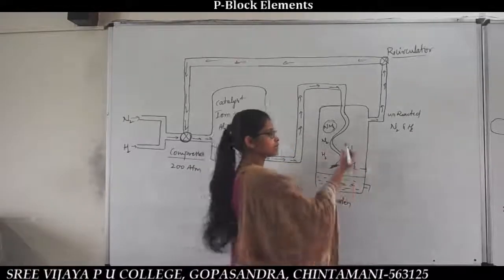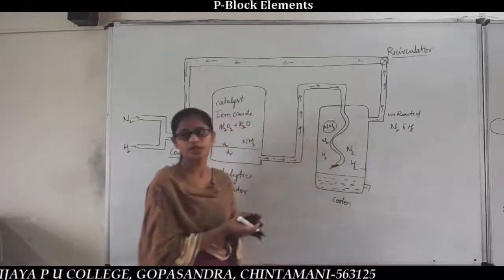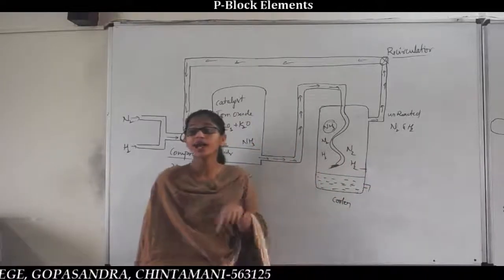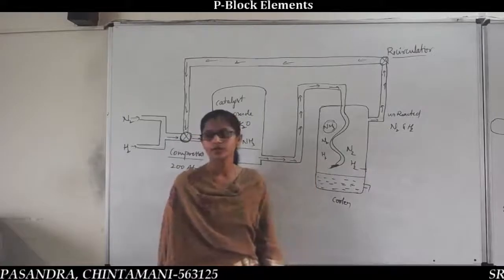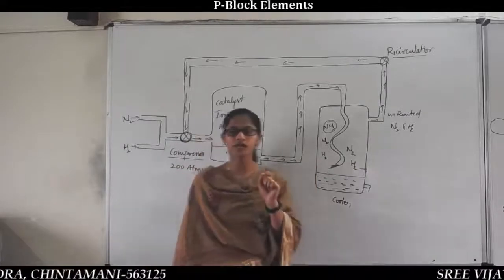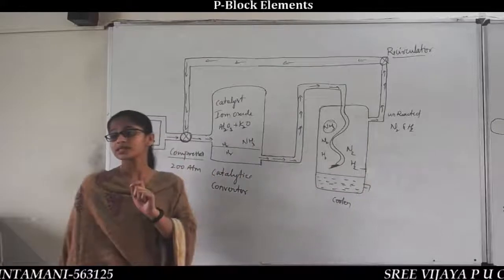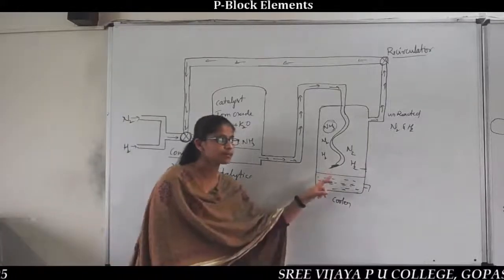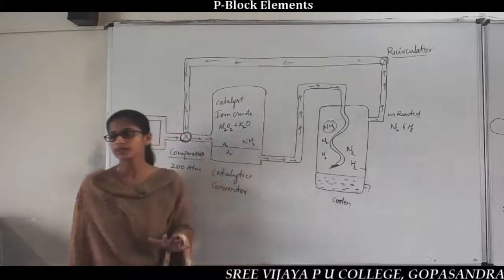You may say that in the next CET and competitive exams, a question could be asked: here the ammonia gets liquefied, whatever the remaining unreacted nitrogen and hydrogen. Because we know the liquefaction of ammonia takes place at a different temperature value. In the case of ammonia here, it takes place at a low temperature. We have to maintain the temperature here.